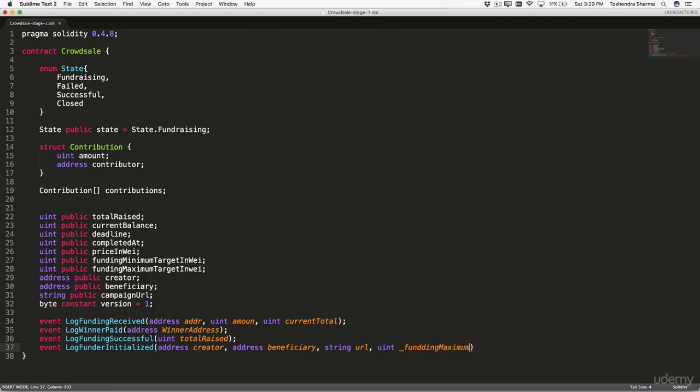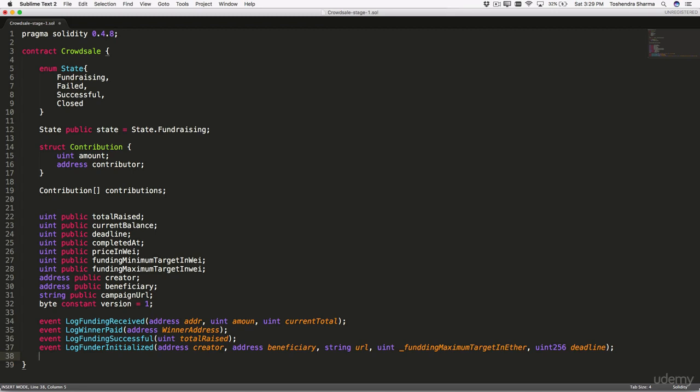You can specify as many variables as you want. Let's call it target in ether, and then uint256 as deadline. That's it. These are the events, and then we also want some modifiers, but we'll come to the modifier